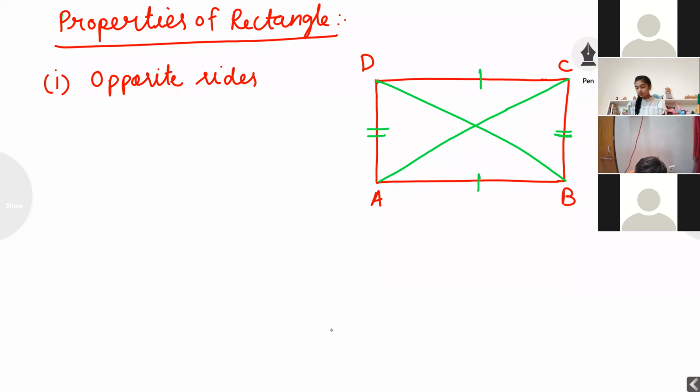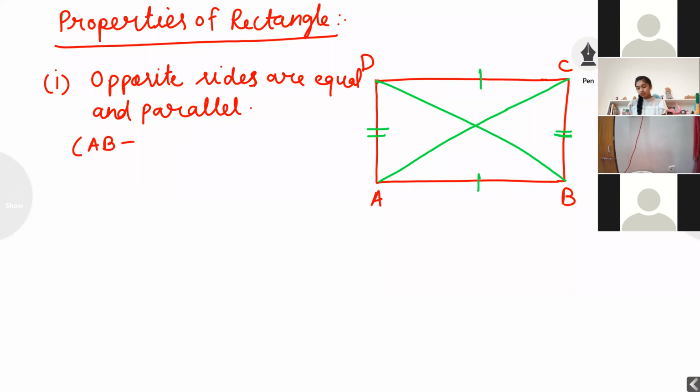Opposite sides are equal and parallel. In this figure, you are observing students, length AB is opposite to DC, length AD is opposite to length BC, and AB is parallel to DC, and AD is parallel to BC. On the bracket, note down. AB is equal to DC, AD is equal to BC, and